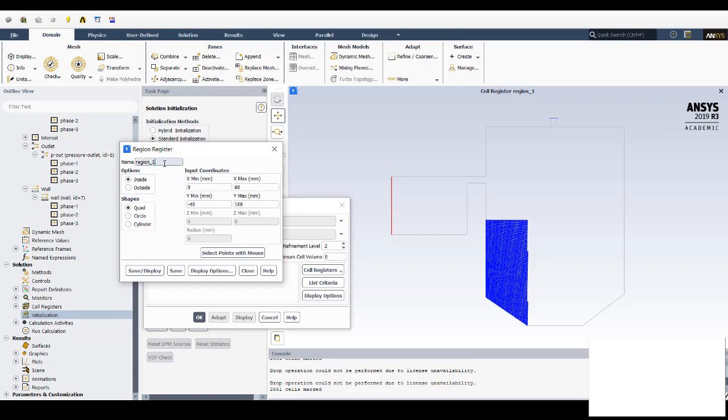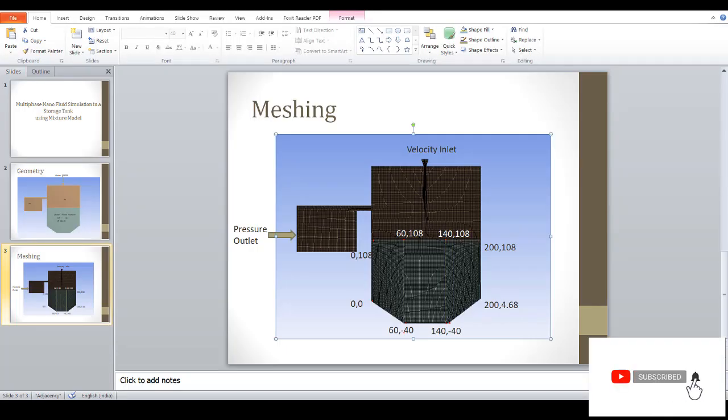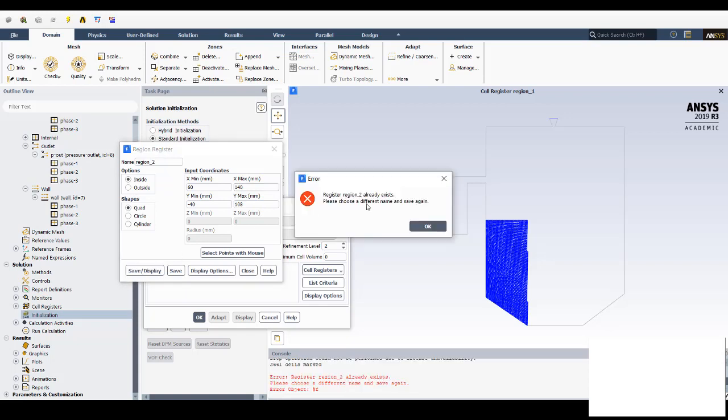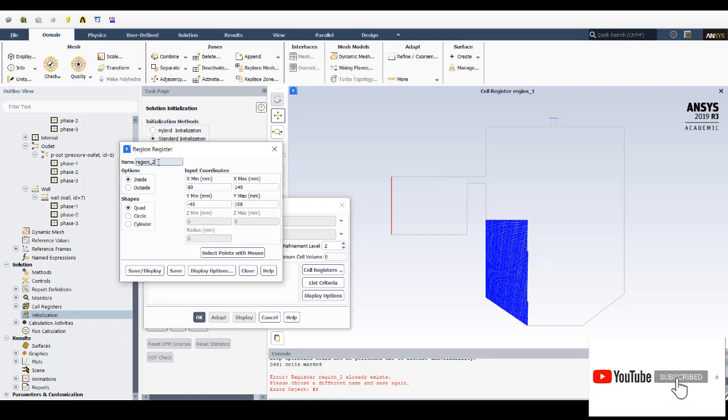So now rename it as 60 140. Y is minus 40 108. So y is the same. So save and display. Region 2 name already existed, so you just change the name.